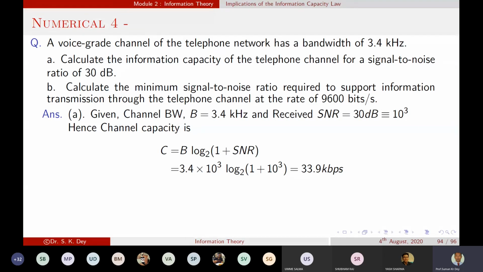What is the meaning of kbps over here? Anyone? Kilobits per second. Kilobits or bytes? Bits, sir. Okay, correct. When there is a small b, it will be bits. When there is a capital B, it will be bytes. Kilobytes per second when B is capital. When b is small, it is kilobits per second. Is that clear? I think all of you know about this.